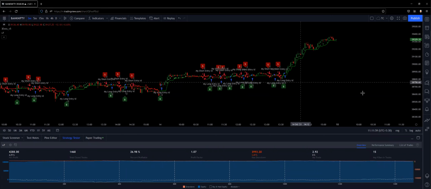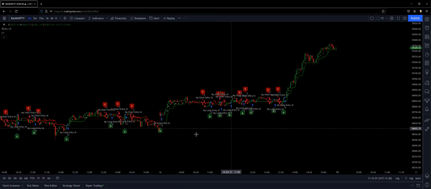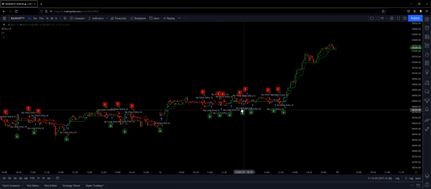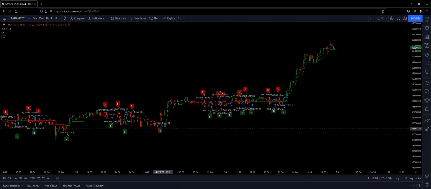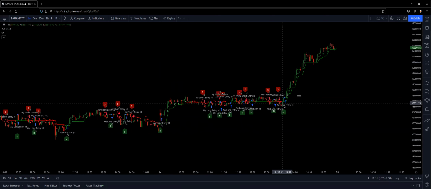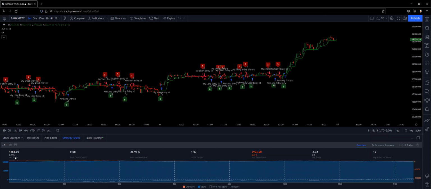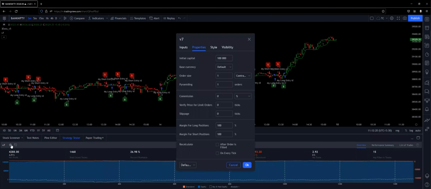So basically, based on the system, whenever my system is giving buy and sell, this strategy is executing and it is giving me the overall return. I'll just explain this one.